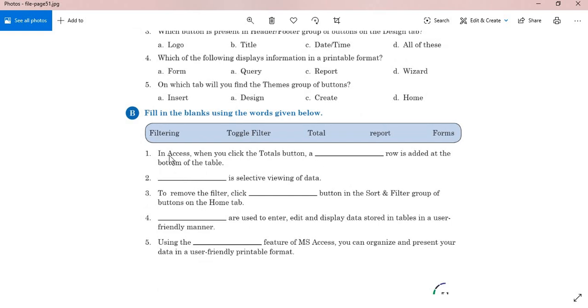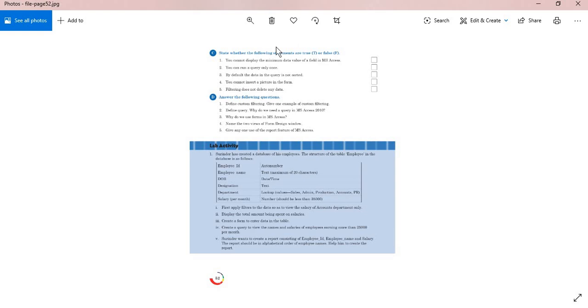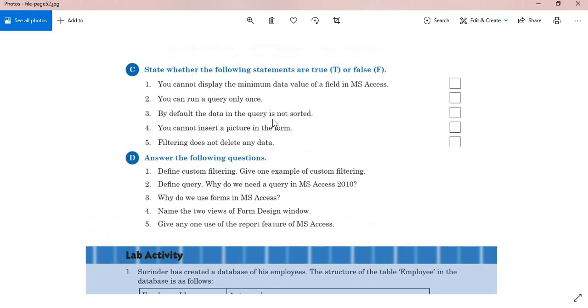So this is the end of the chapter. I guess all of you have understood whatever I have taught you today. I have only taught you 3 things. We'll just sum it up. You have to go to the create tab, and queries, forms and reports are one after another, just beside each other. These are the groups which I have used. I have used the query design, I have used forms, I have used report options, and then after going there I have saved it. This one I have not saved.